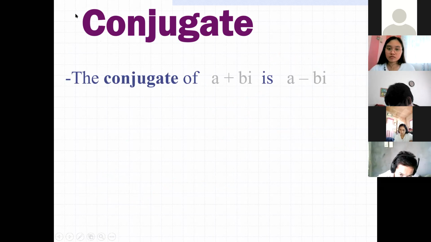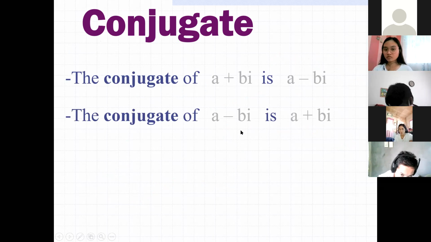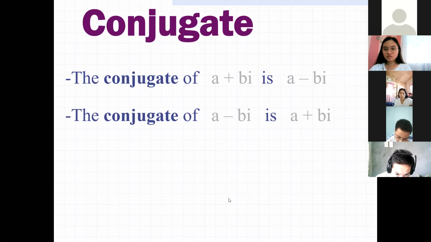And then we have here complex conjugates. That is the continuation of the given in number 7. A complex conjugate starts off with a plus bi and a minus bi, or a minus bi and a plus bi. Which of the two values has to have the sign changed? The sign which is changed is on the imaginary part. You need not change the sign of the real part.